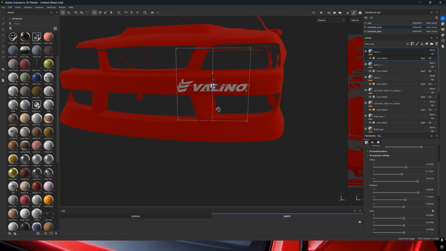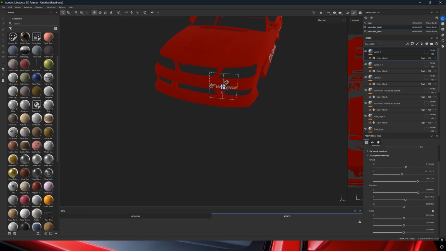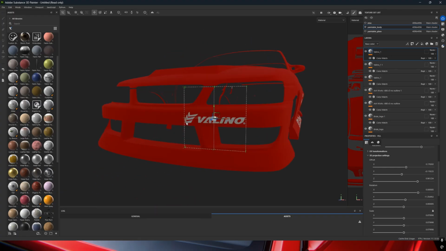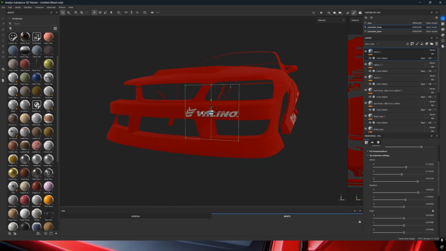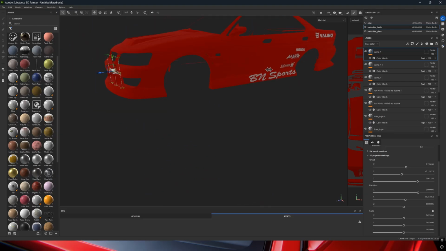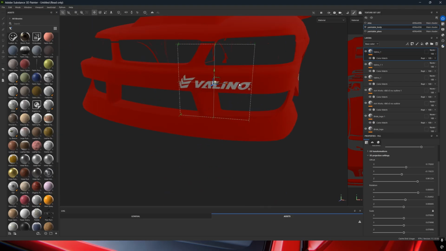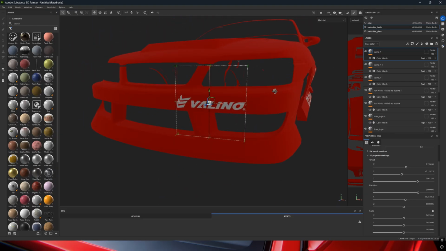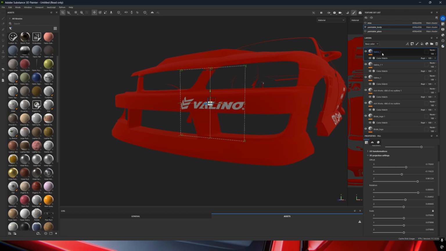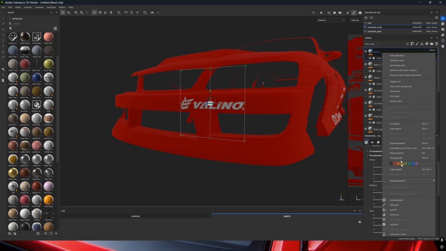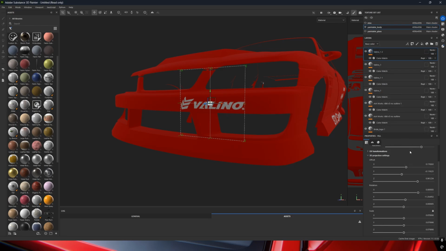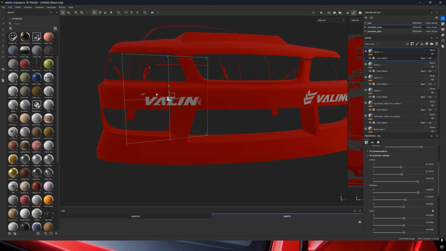One thing to touch on with the front bumpers and the hoods and roofs and trunks and rear bumpers and such: when you're doing stuff on a different face other than the side, it's going to get a little different depending on how you want it to look. So I've already got this logo set up where I want it, so I'm ready to bring it over to the other side. I'm going to go ahead and duplicate it. You're still going to do the same thing with the X offset number. You're just going to throw a negative sign in front of it,